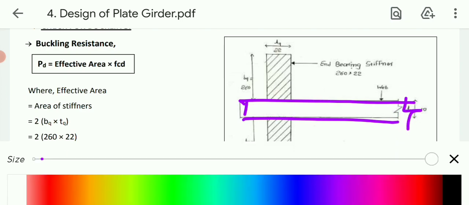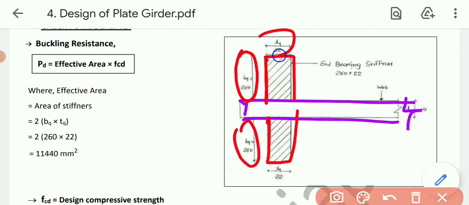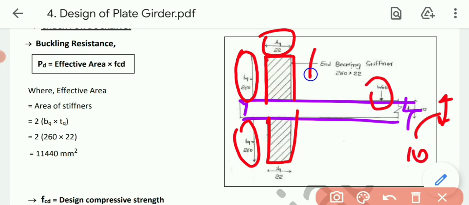Okay, and these are our stiffeners. The whole stiffener is effective, say, 260 mm, width is 22, and over here the width of the web is 10 mm. This one is our web, and this one is our load bearing stiffener. Okay, so now what we need to do, whenever we are providing any stiffener, we need to carry out its